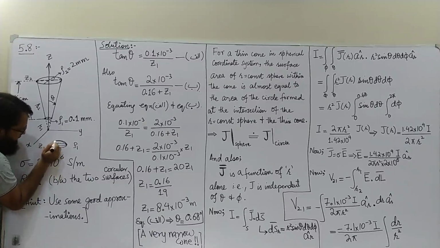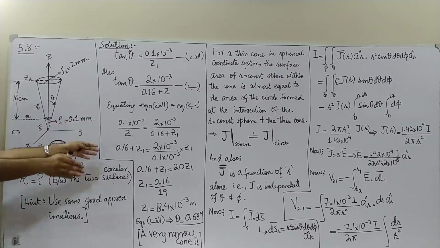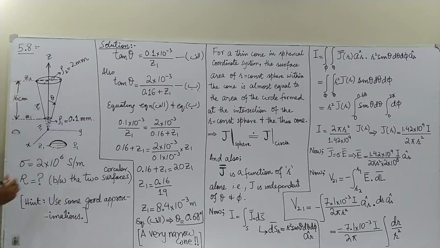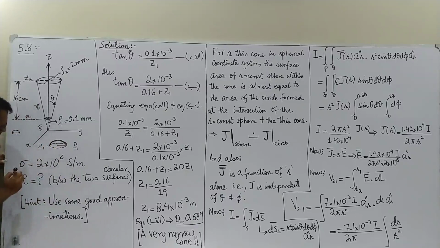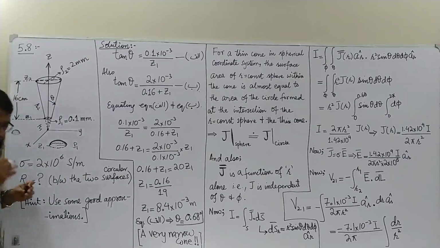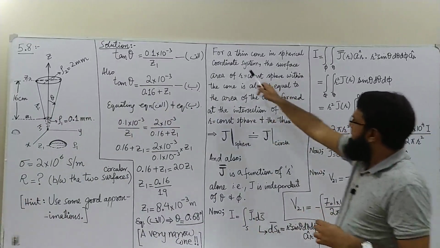this is the sphere. I cannot show it, but you can imagine this to be a sphere, whose shadow is this circle. So since the cone is very narrow, the actual area of this sphere which is within this cone and the area of the circle would approximately be the same. So this is what I have written here.